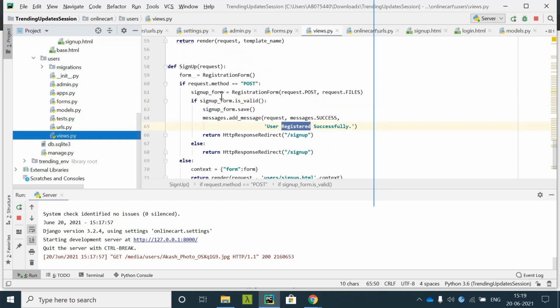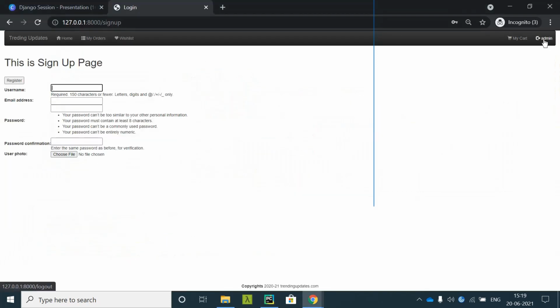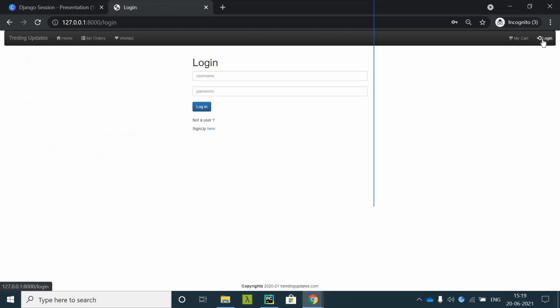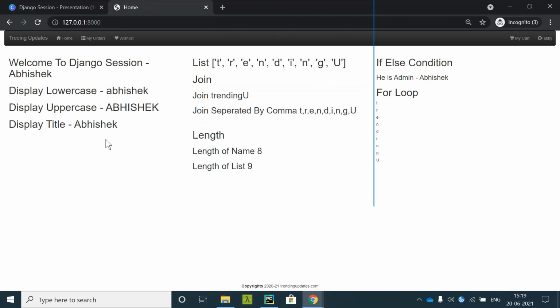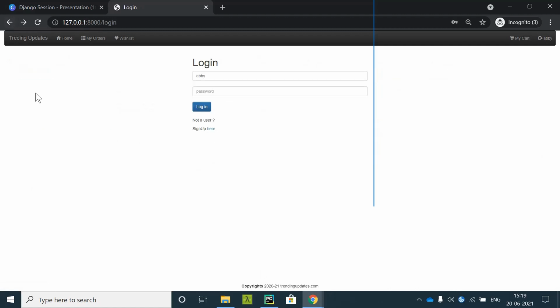I have already shown you how the sign up page is working, how the things are getting inserted into the database, how the file is uploaded to the server, and the file URL is stored in the database. All these things you have learned, and this is the sign up page. And now when you just say login with any of the users that you have created. So login. Okay, now you can see Abby over here. Apart from this we will discuss the rest of the things in the next session.